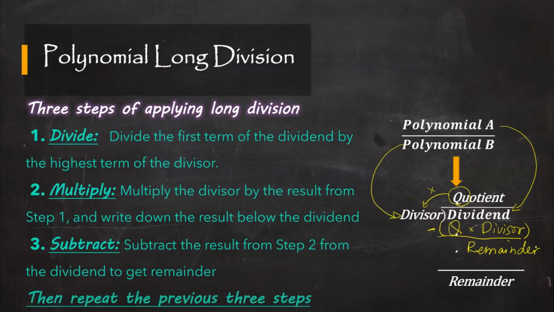right? And then it's just repeating the previous 3 steps. We're going to have this remainder as our new dividend, and then we divide the first term of this remainder by the first term of the divisor again. And then we're going to have another result in the quotient section, and keep repeating until the highest power of the remainder is smaller than the highest power of the divisor. Then we stop. It sounds a little confusing, but